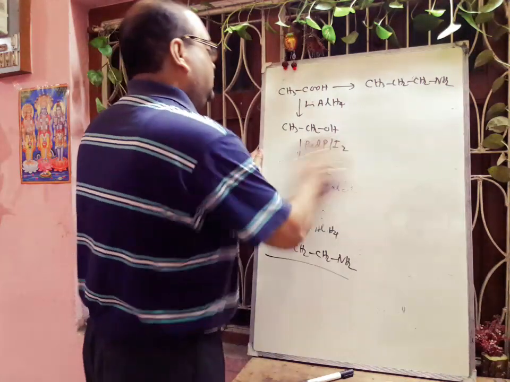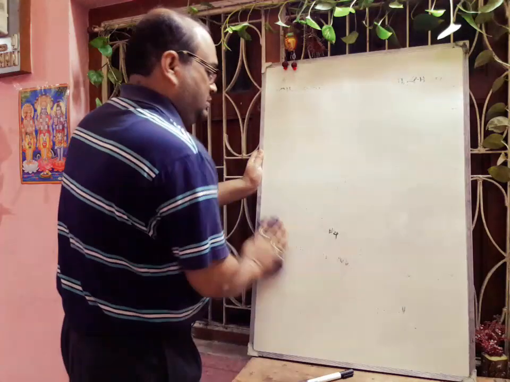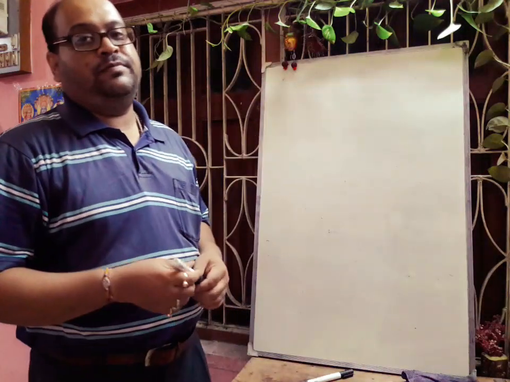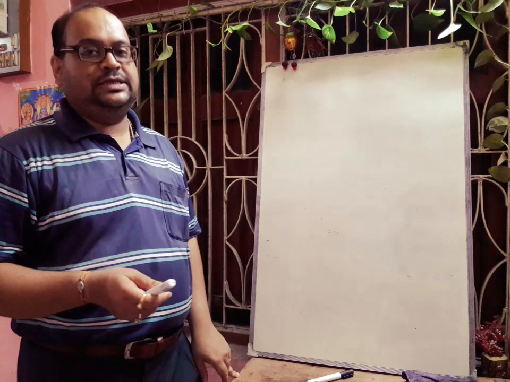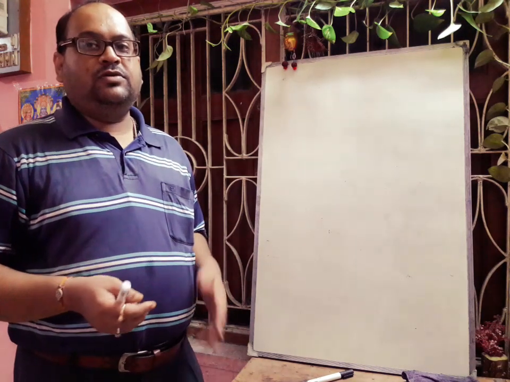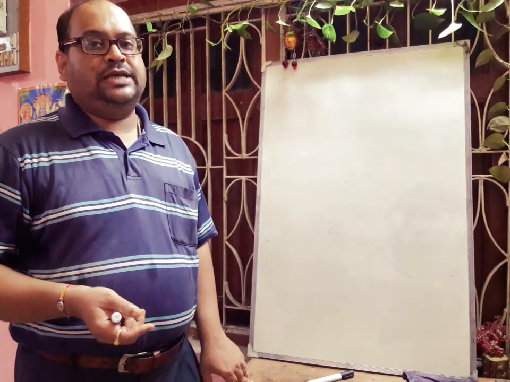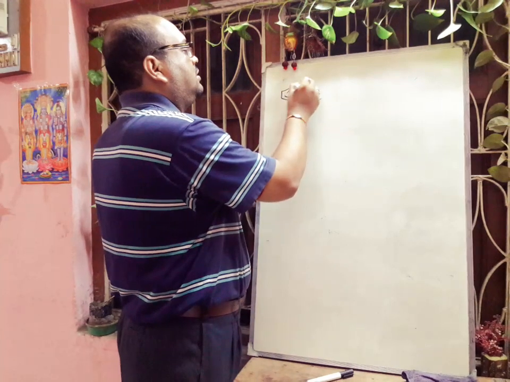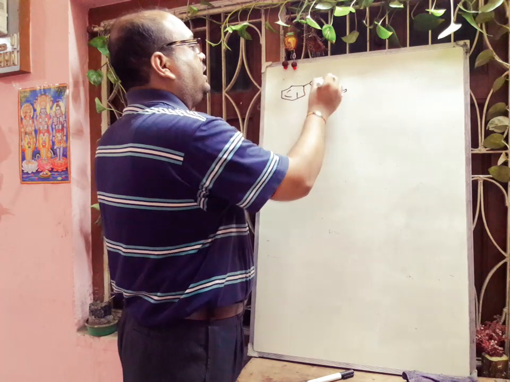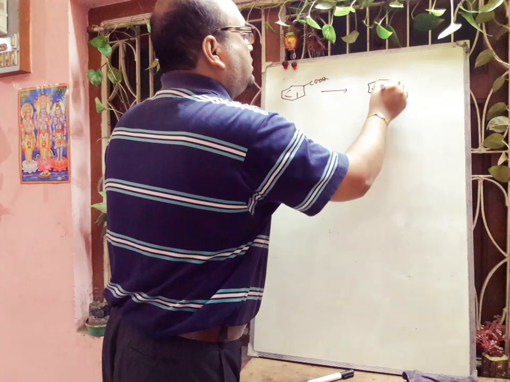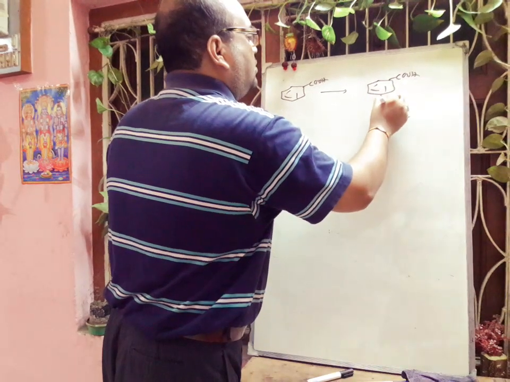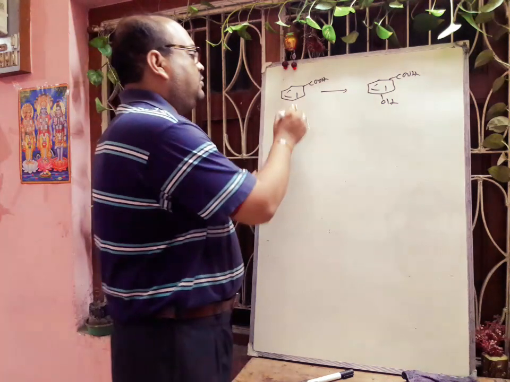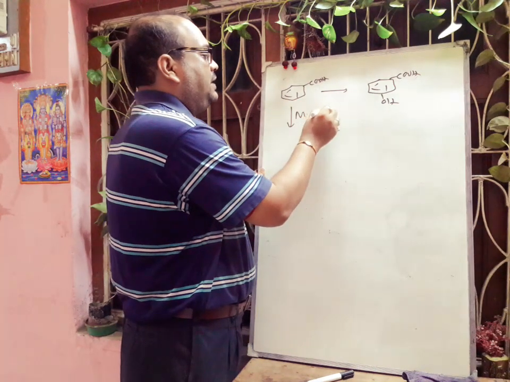And next, in the last, we will discuss one transformation on aromatic compound of carboxylic acid, that is benzoic acid. Okay. So if we want to prepare meta-hydroxy benzoic acid from benzoic acid, what to do? So we will start from benzoic acid, and our target is meta-hydroxy benzoic acid. So you know that carboxylic acids are meta-orienting. First we have to add mixed acid and apply heat.